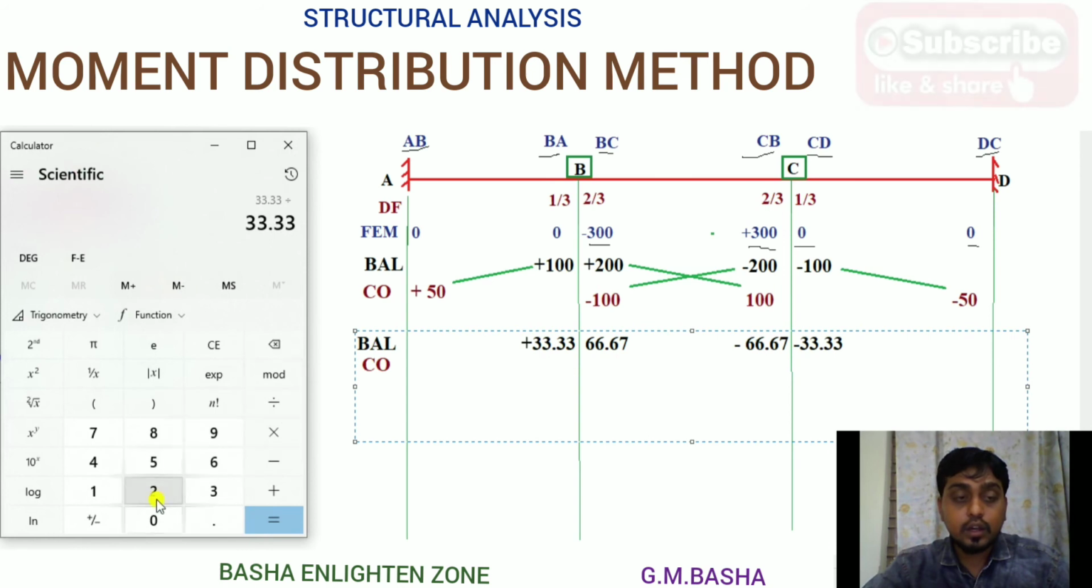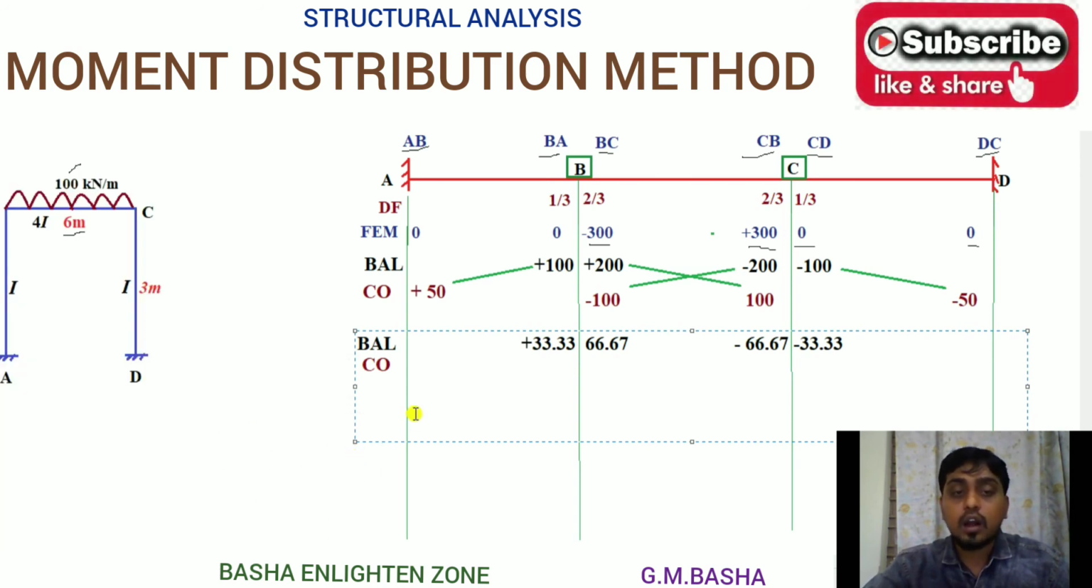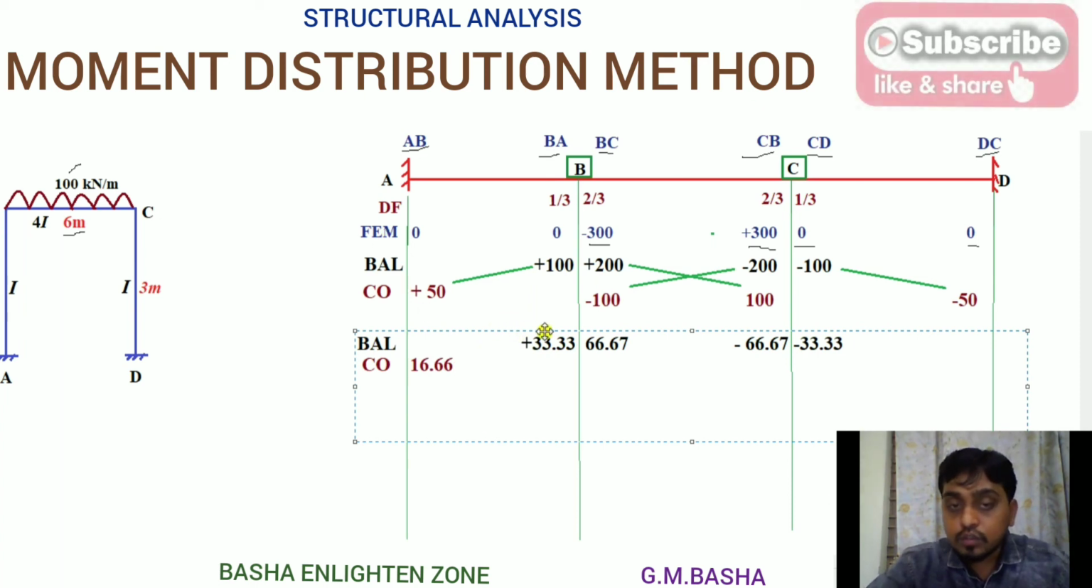33.33 divided by 2, so that is 16.665. I am after digit 2 decimals, which is 16.66. So the carryover takes place from BA to AB here. Similarly,